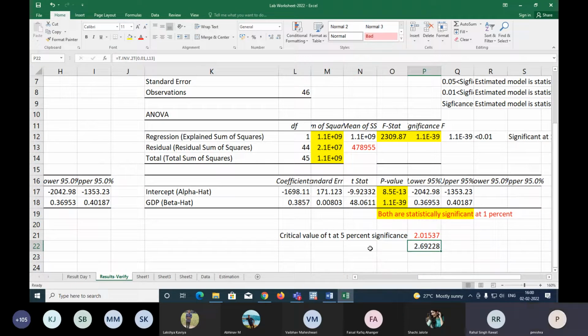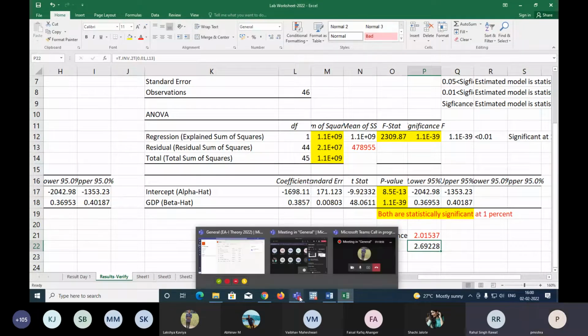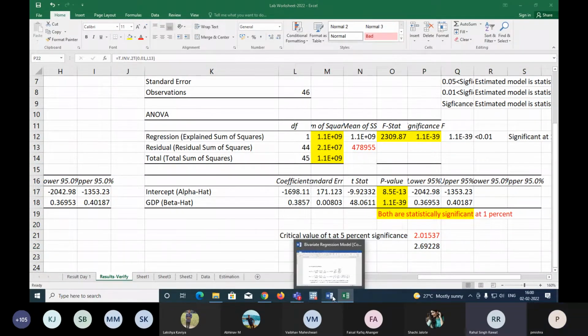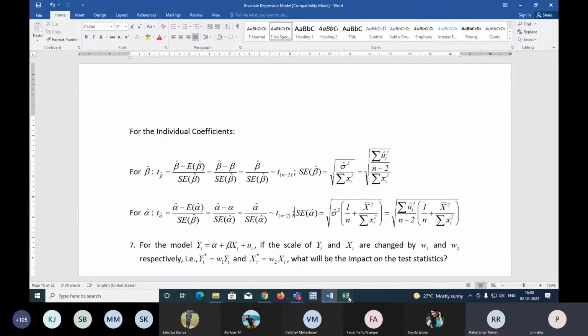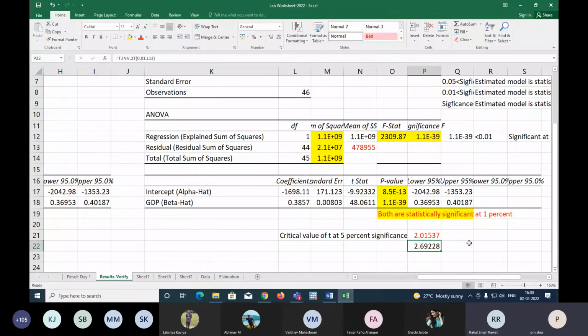And that is why in one of the classes I told you, if you can recall, selection of the significance level is very, very important in case of testing of hypothesis. And depending on what significance level you select, the conclusions on the test would be affected. So I'll stop with this.